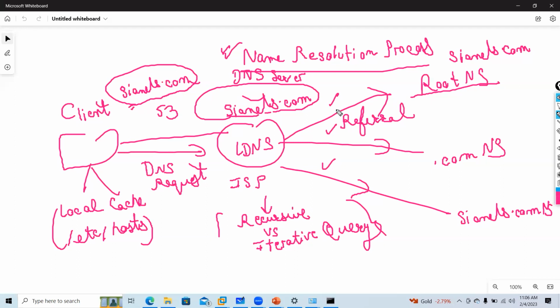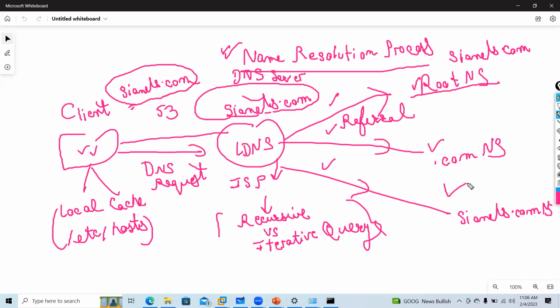In recursive DNS query, if this DNS server does not know the answer to provide an accurate answer, the DNS server may query other DNS servers on behalf of the DNS client. That is called recursive query. Until it gets the answer, it will query on behalf of the client. It will first send to this, then this, then this. That is called recursive query.